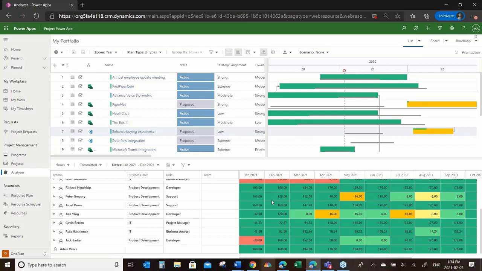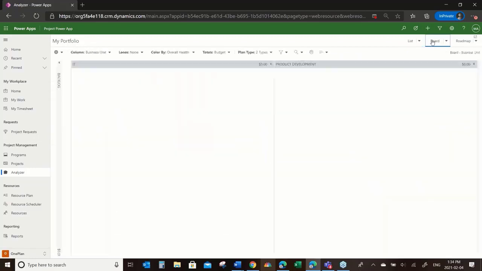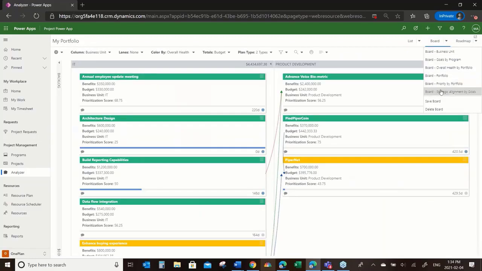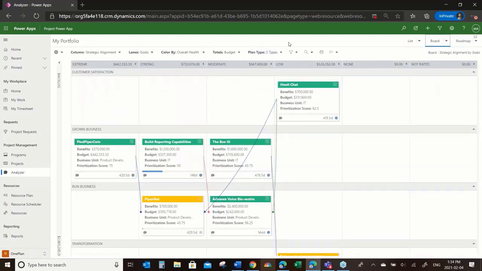So that's the conventional prioritization model. It's very similar to what Project Online would have shown in the past or would have used. Now let's look at it slightly differently. Let's go to a board view. So I'm going to go to my strategic alignment board view, just the first of several that I want to show. Here I'm looking at the columns are